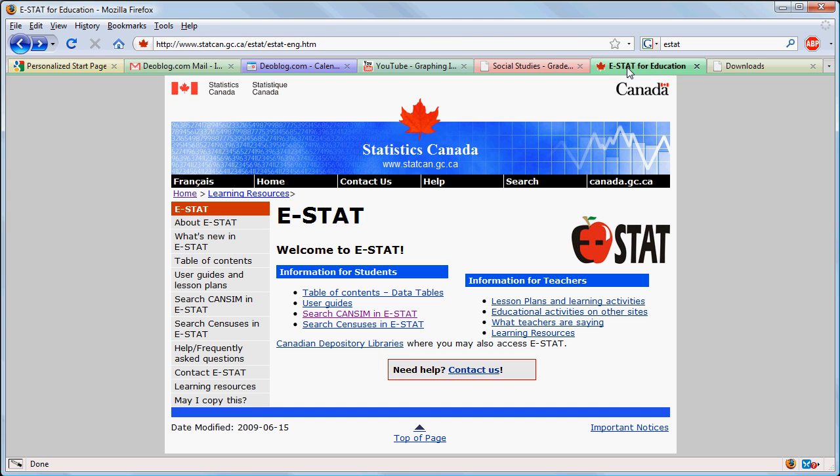So we're going to go to Estat. Estat is an educational branch of Statistics Canada. It's aimed at the classroom, and the data you retrieve through Estat is free. If you go to Statistics Canada, you can retrieve some of the same data, but you will be asked to pay for it. So Estat is just at